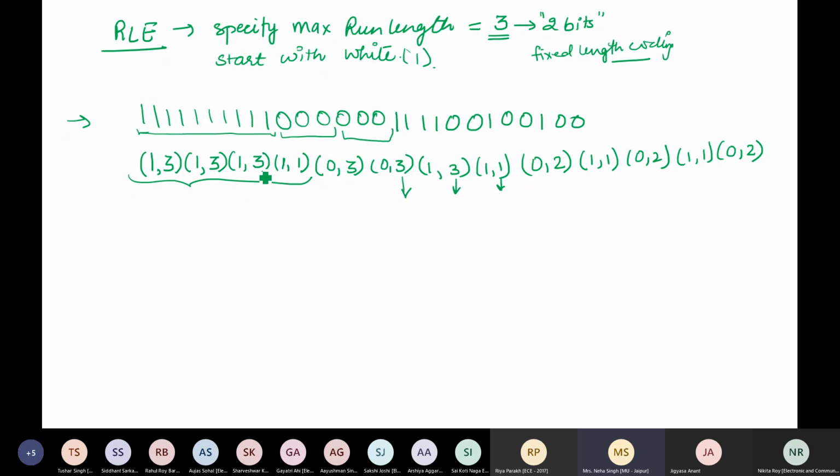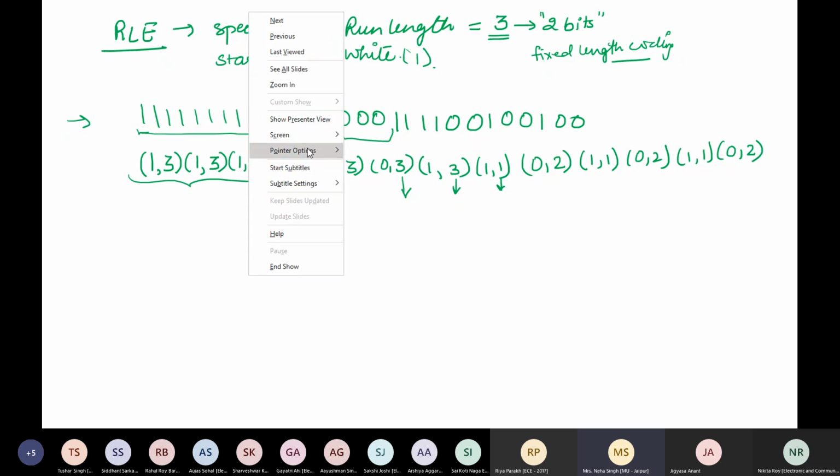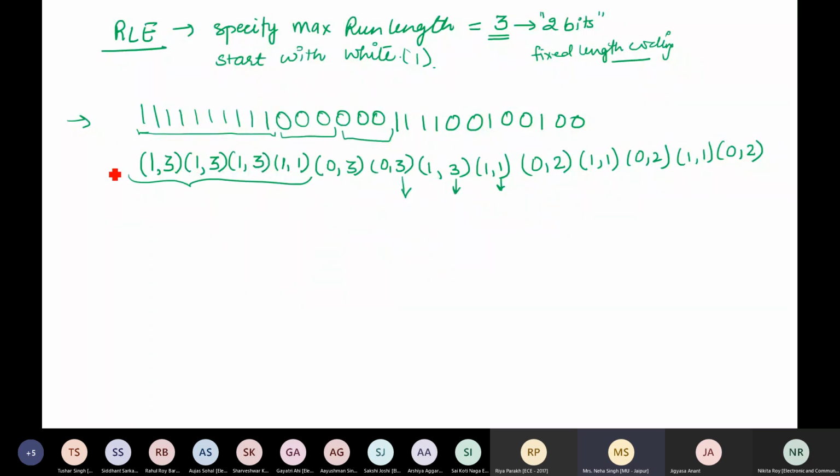Fine. Your question will be in the form of defining certain rules, and based on that rule, you need to encode or decode the value. Now suppose we keep the rules as the same, but instead of encoding, I say I have received this and I need to decode.